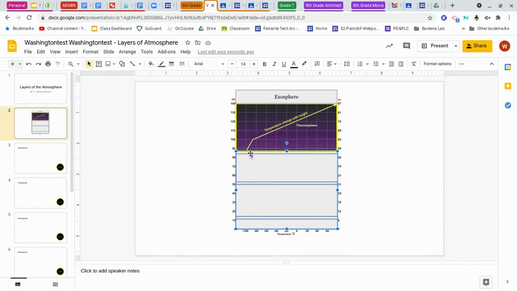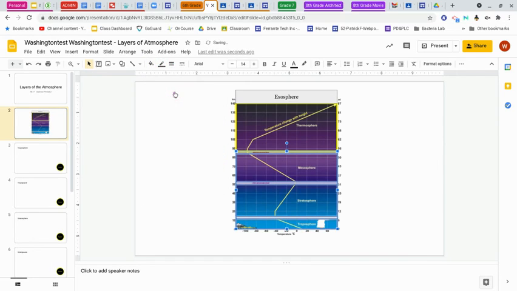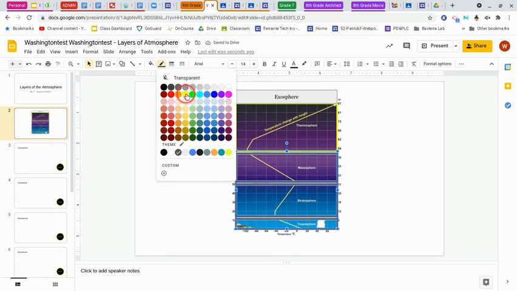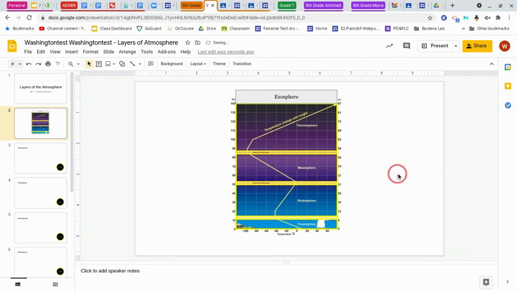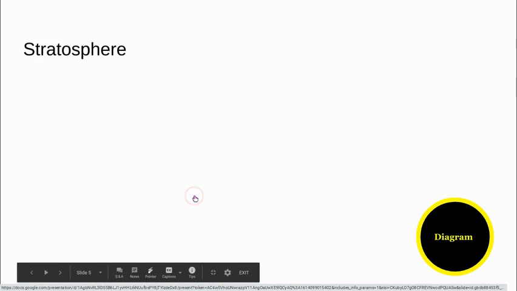And what that does is selects just the rectangles, not the image that's behind it. And now I can apply that transparent command to all of those shapes at the same time. I can also change the border weight all at the same time and the border color all at the same time. And again, that saves you some time. All right, so now you have these buttons essentially on top of the diagram. And when you present this, and again, if you click on the stratosphere now, it'll take you to the stratosphere